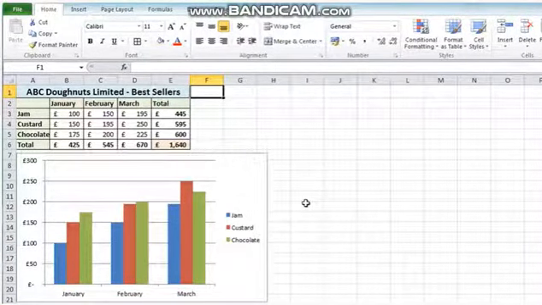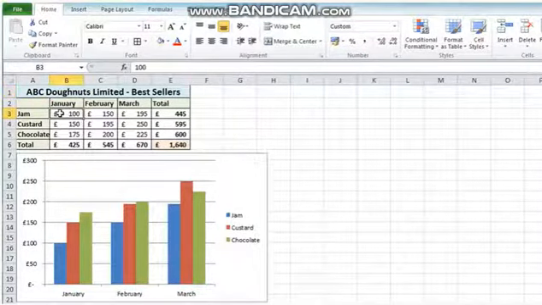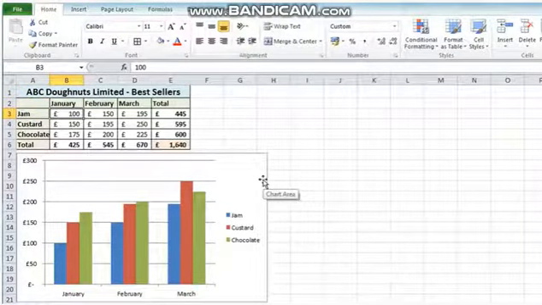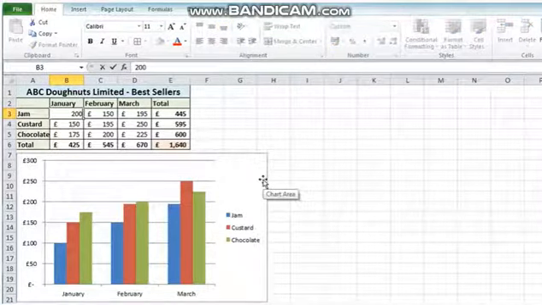Now the nice thing about an electronic spreadsheet, as opposed to a paper-based one, is that any changes you make will automatically update all the linked calculations. So in this case I have total calculations linked to the main data, and I've also got the chart linked as well. And I can demonstrate how that works by clicking in cell B3, which is my sales for January for Jam, and let's say I've made a mistake and the figure for that should have been 200 and not 100. So if I type in there 200, before I press the enter key,